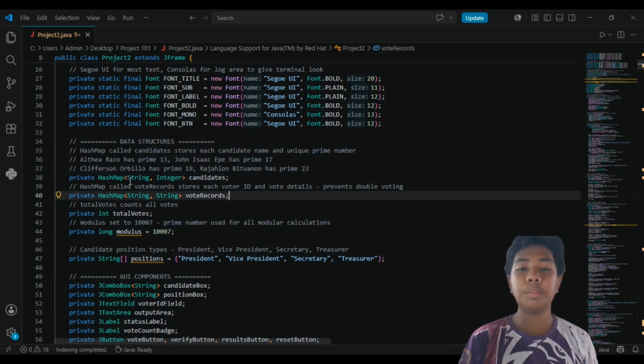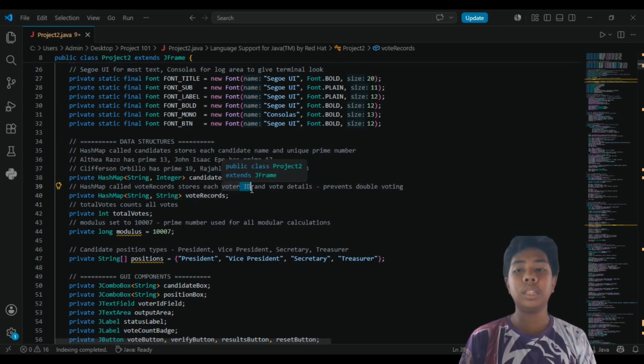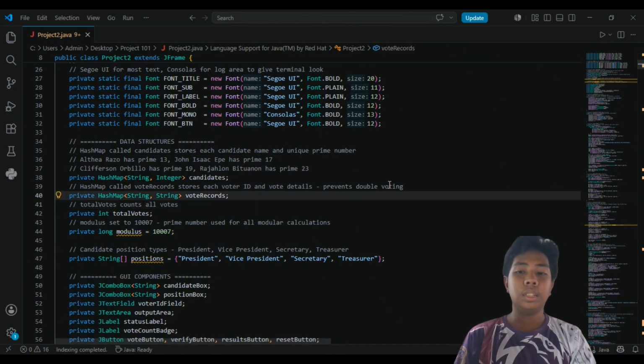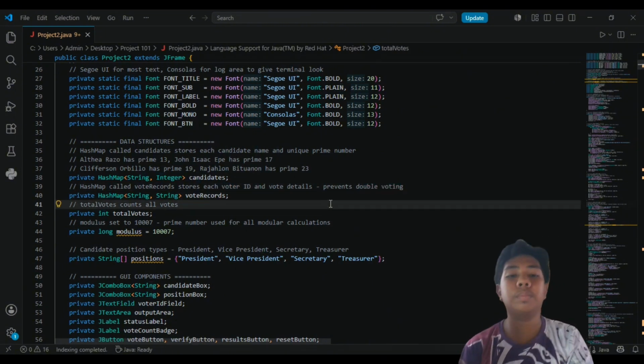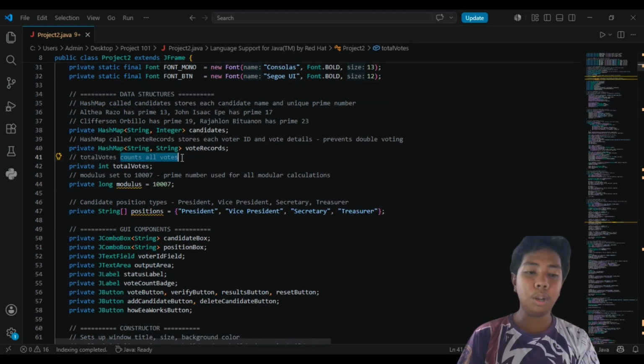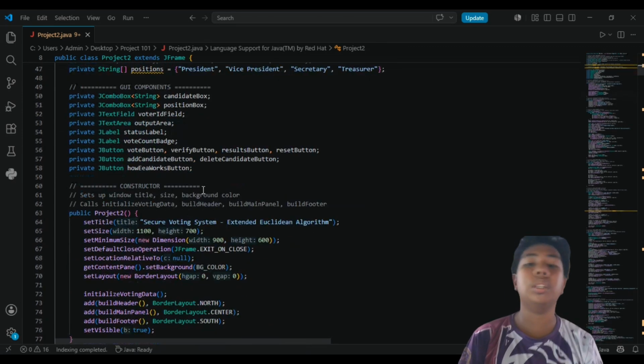We also have another hash map called vote records. This stores each voter ID and their vote details. This prevents double voting. We have a variable called total votes to count all votes. And we have modulo set to 10,007. This is our prime number used for all modular calculations.